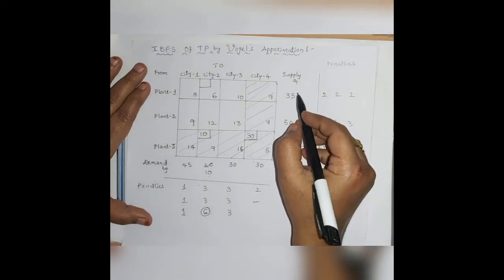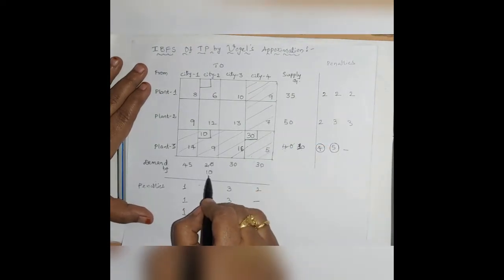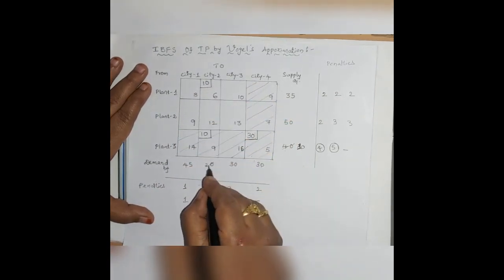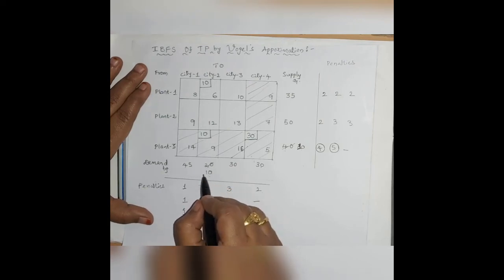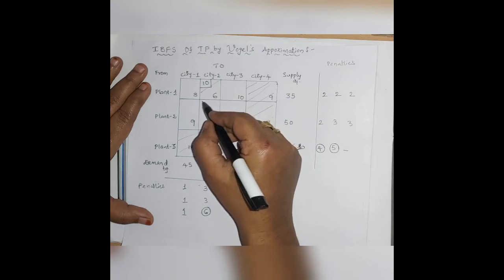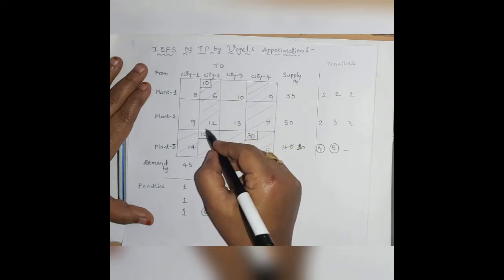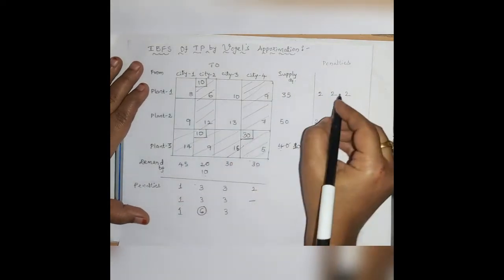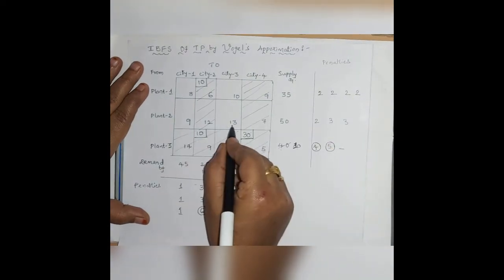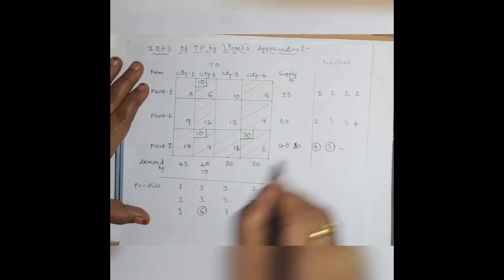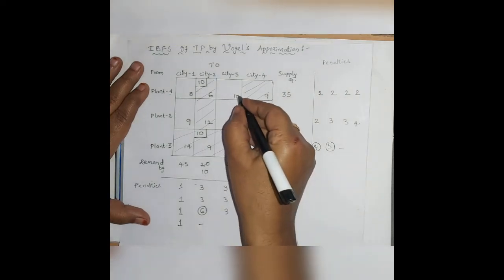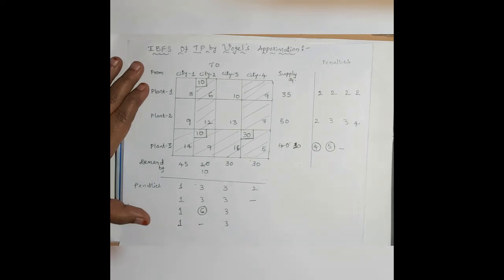Okay. So out of the supply 35 units and the demand 10 units, you can allot the 10 units of demand, and since 10 plus 10 is 20, city 2 has a demand of 20 units, and since the demand of city 2 is being fulfilled, cross off the second column. Okay. Now again revise the penalties. So the difference of 8 and 10 is 2. The difference of 9 and 13 is 4. And now the difference of 8 and 9 is 1. And since the city 2 has fulfilled its requirement, next for city 3 the difference is 3.